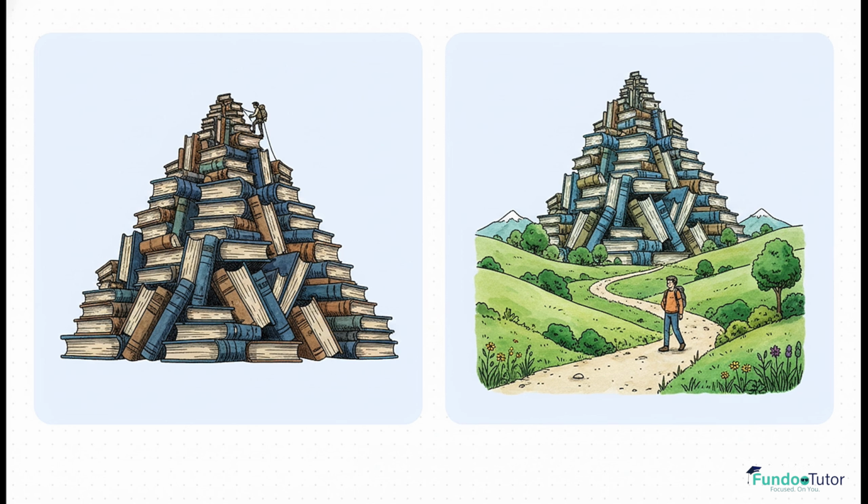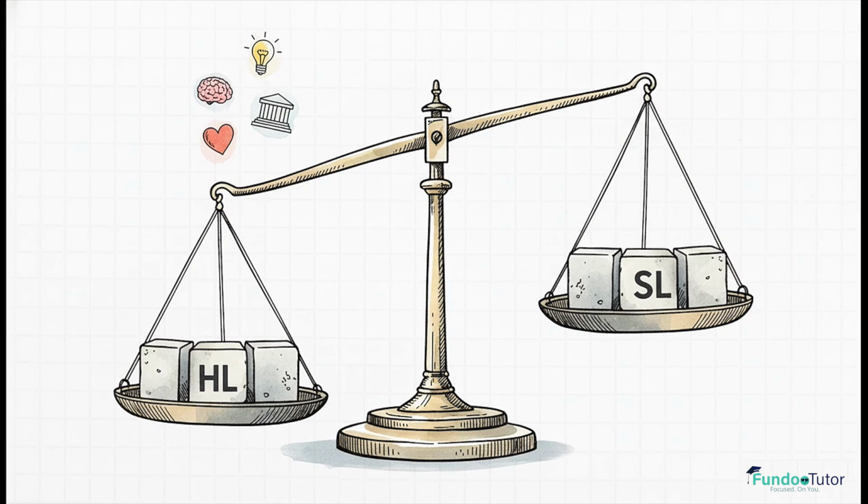Standard level, or SL, still gives you a really solid foundation in the subject, but the workload is just a bit more manageable. The magic formula here really is balance. Almost everyone takes 3 subjects at HL and 3 at SL. Your HLs should definitely be subjects you're good at and hopefully subjects you actually enjoy. But the number one non-negotiable thing you have to consider is this: what do the universities you're aiming for actually